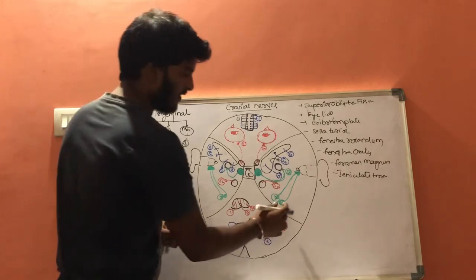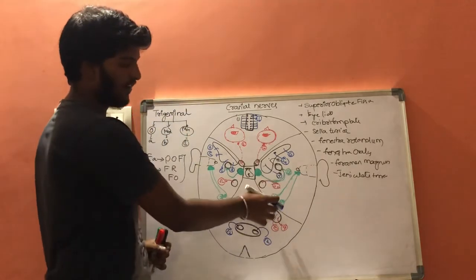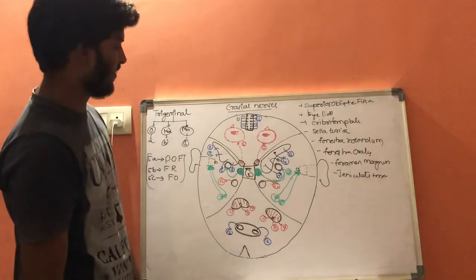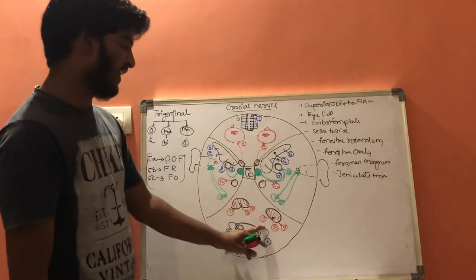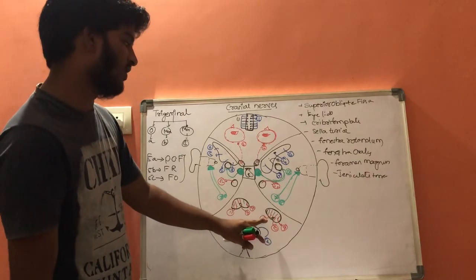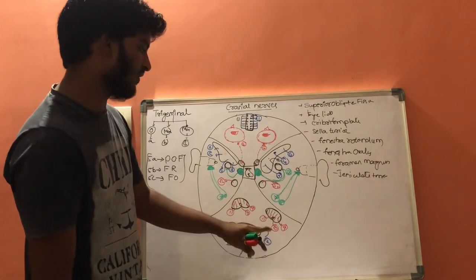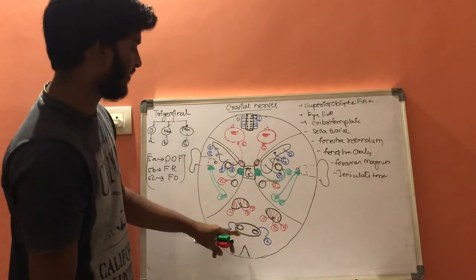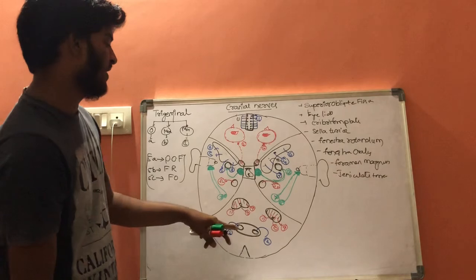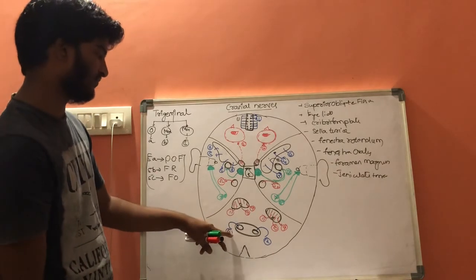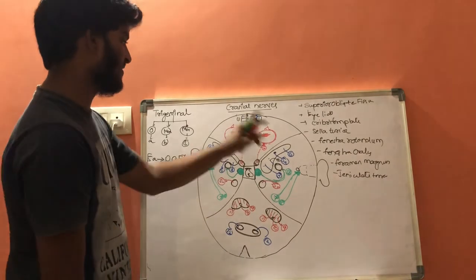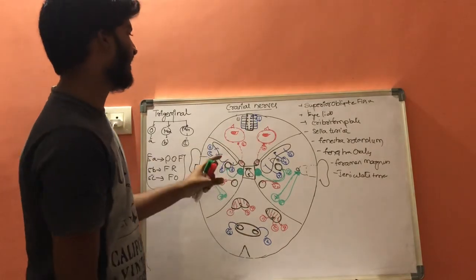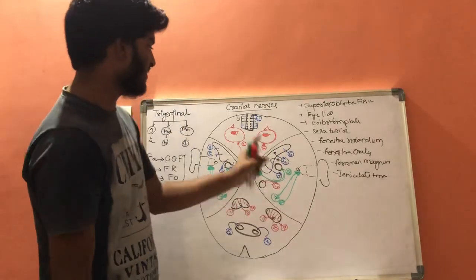The seventh and eighth pairs of cranial nerves end in the external auditory meatus, and the 9th, 10th and 11th are ending in the jugular foramen. The 12th pair of nerve is ending in the hypoglossal foramen. In this way they open and end. In this way the cranial nerves will be opening or ending in these specialized areas.